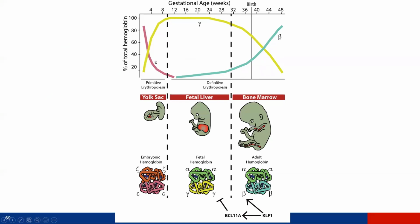The sickle variant is in the adult beta globin, and that causes the beta globin to be defective. But sometimes the fetal hemoglobin can be retained, and that will compensate for the defective beta globin variants. So the best predictor of sickle cell outcome is the percentage of fetal hemoglobin retained in childhood. That's been a known phenotype for quite some time, and we're interested in understanding